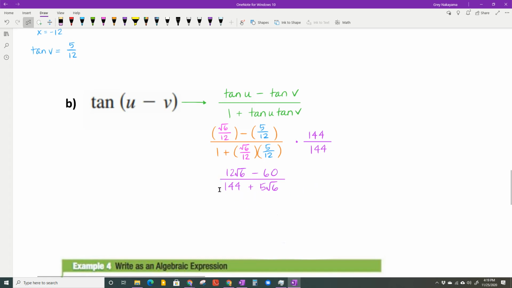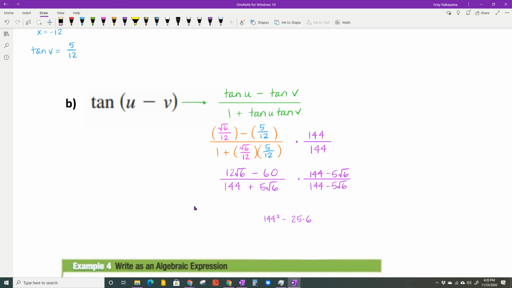And now I don't have a complex fraction, but I cannot leave a radical on the bottom. So I have to multiply by the conjugate of my denominator, which is 144 minus 5 square roots of 6. I got to multiply the top and the bottom by the same thing. When I do that, on the bottom, I have 144 squared minus, this is, y'all, a plus b, a minus b. That gives you a squared minus b squared. Well, when you square this thing, that is squaring the 5 and squaring the square root of 6, which is